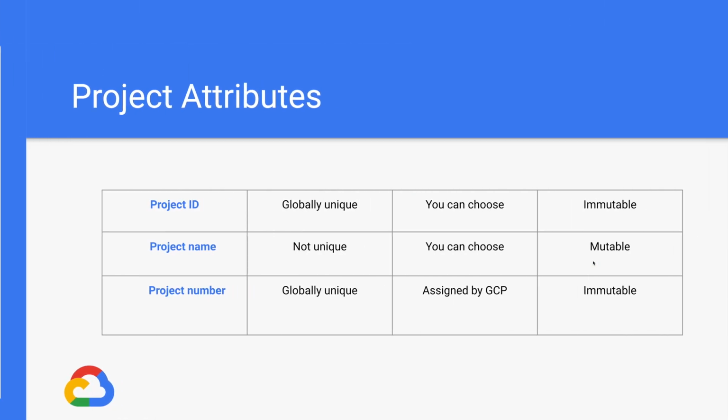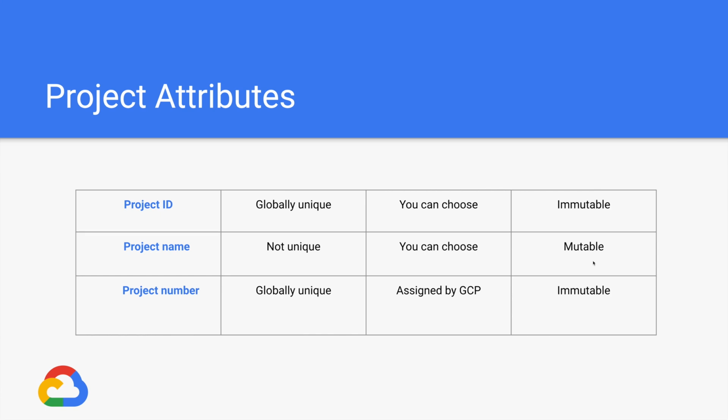Now let's talk about projects, which is the main topic of this video. Project ID, project name and project number, these three are the basic and core attributes of a project. Project ID is immutable. That means we can only choose the project ID while creating the project. Once we create it, the project ID cannot be changed. I will show you in the demo session how we can choose it. And project name should not necessarily be unique. You can give whatever name you want, and this is also an option we can choose, and that is mutable, meaning we can go ahead and update the project name whenever we want.